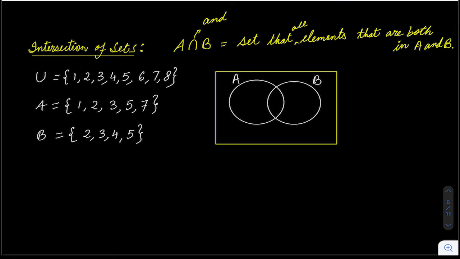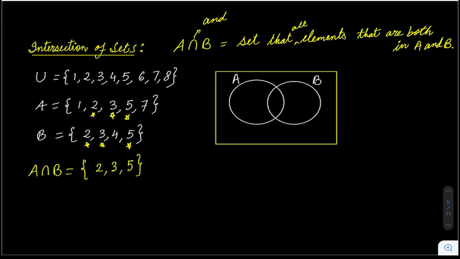So if we see the definition, and our example is the same, U, A and B, we have to look for elements that are both in A and B. If we look at these two, A and B, we can see that this element 2, this element 3 and this element 5, these three elements are there in both of them. So that is my intersection of these two sets. Very easy. Just see which members are there in both the sets. That becomes my intersection, and obviously you have to write all the elements that are common.